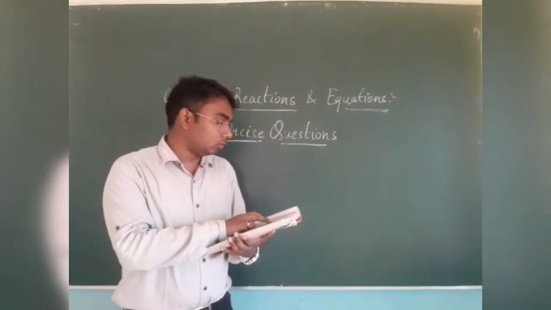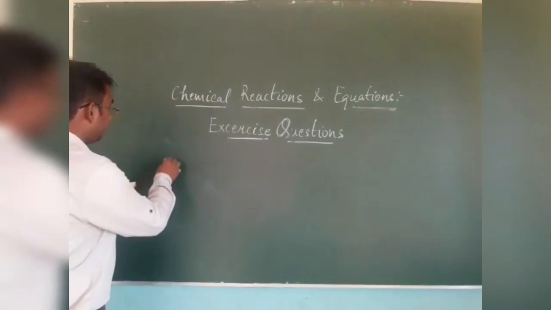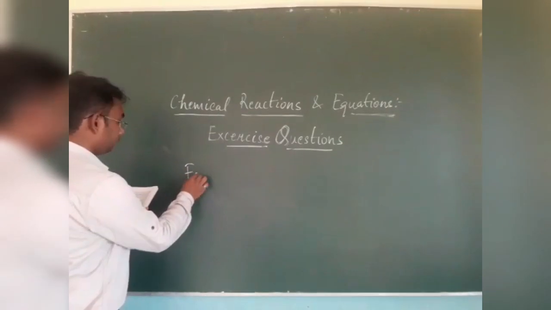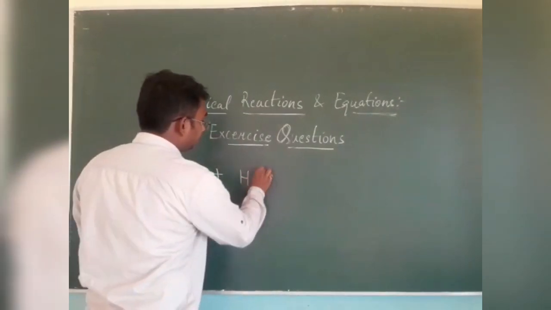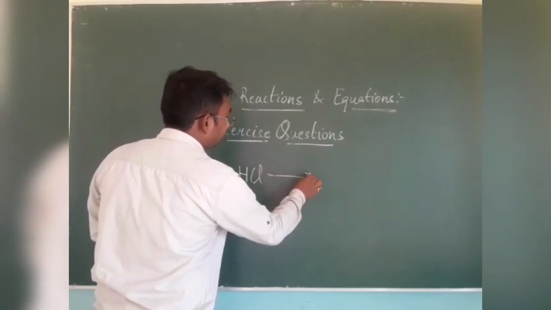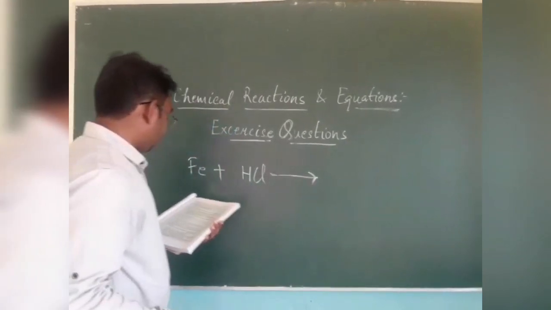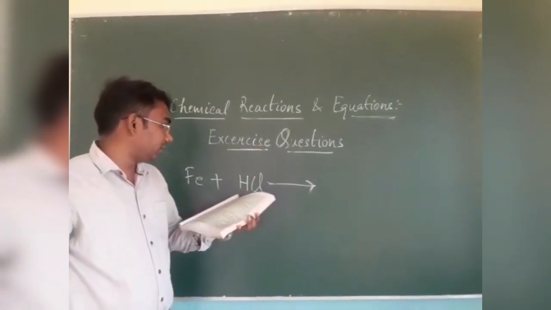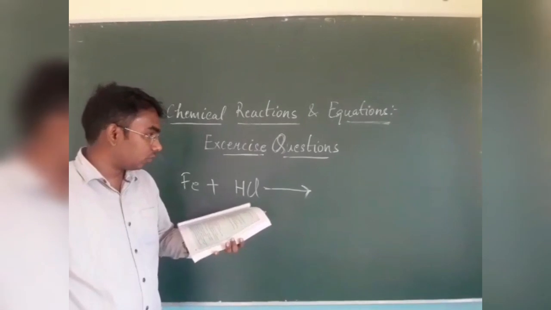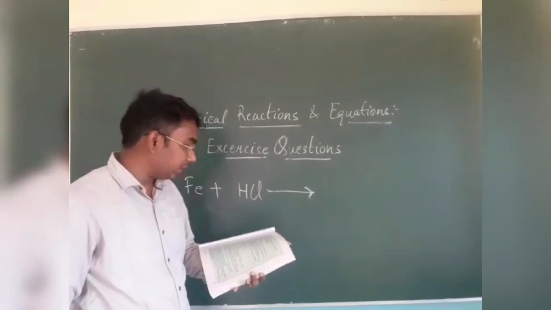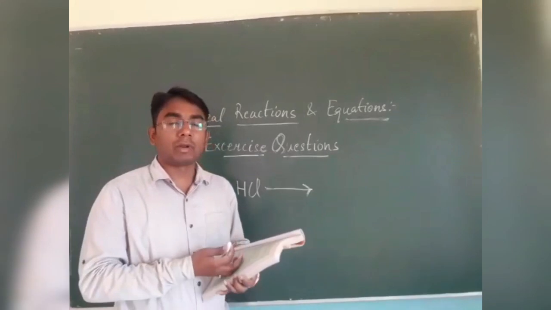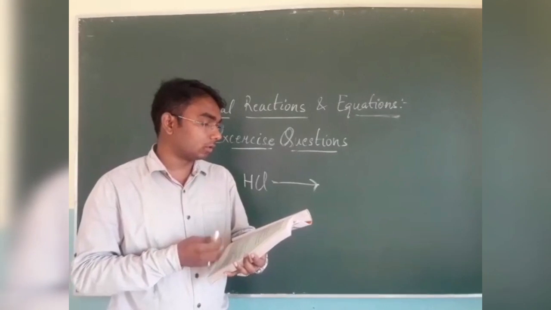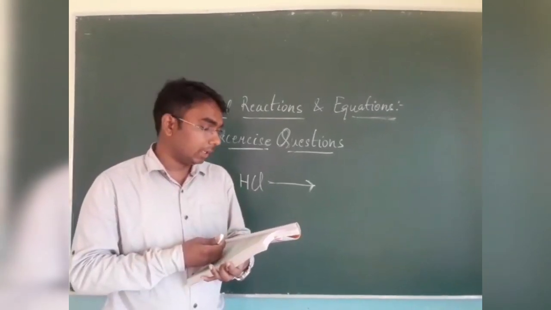If you go through the reaction, it will be something like Fe plus HCl. It is the tendency of generally all metals that when they are made to react with hydrochloric acid or any acid, they form a salt and liberate hydrogen gas. Similarly here also iron chloride will be formed and hydrogen gas will be liberated. So the answer to the third question will be option A.